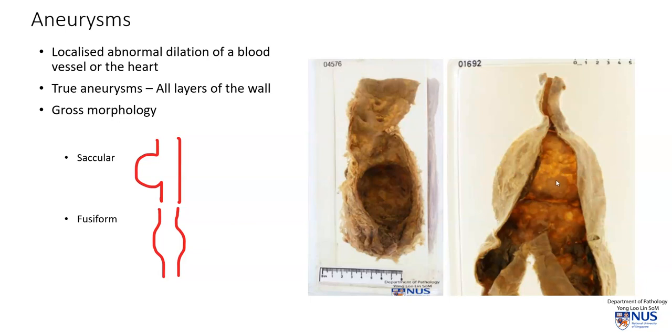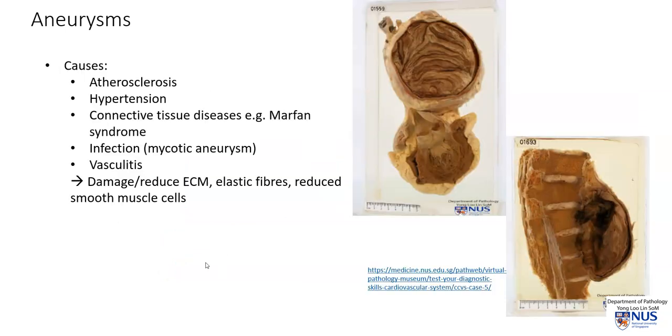Also, very clearly, we can see that the intima is involved with these numerous fatty, bright yellow plaques. And this tells us that there is underlying atherosclerosis. So among the causes of aneurysms, atherosclerosis is one of the commonest causes, especially in abdominal aortic aneurysms. Hypertension is also a very common cause, and there can be underlying conditions that can give rise to aneurysms, for